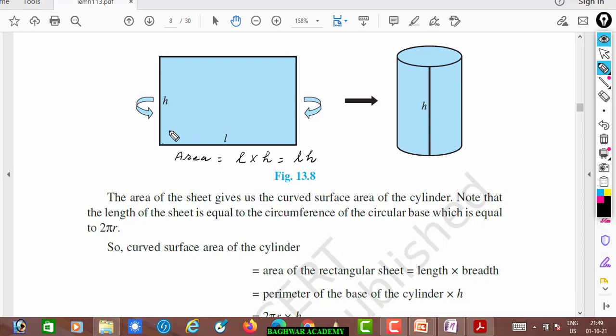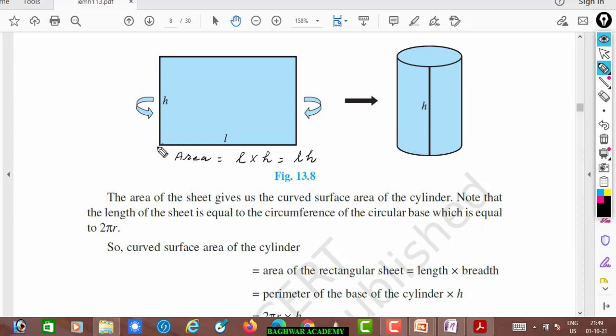The same thing, as it has been instructed, if you are making it in the form of a cylinder, it will take this form. Just try by yourself, take a sheet of paper and form it in this way. You will find this shape. So this shape is what? This is a right circular cylinder. Here you see the same area you will get over here also. So this surface area you will have is LH.